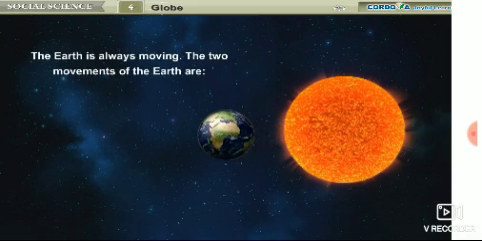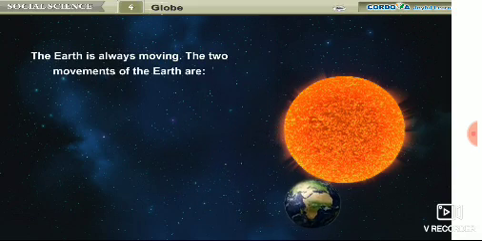The Earth is always moving. The two movements of the Earth are